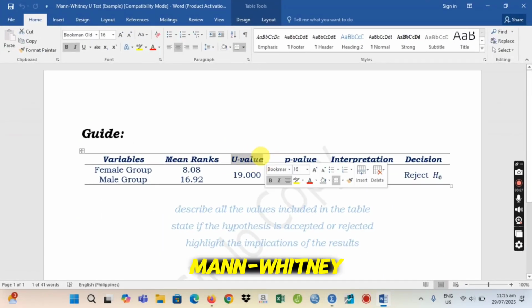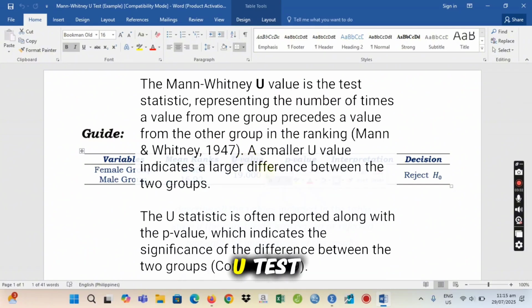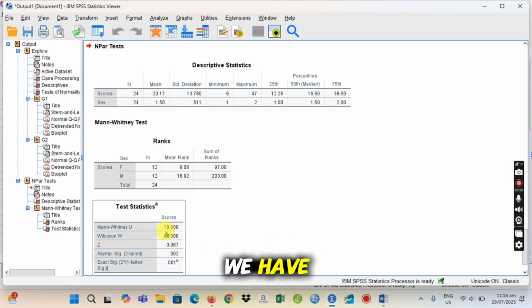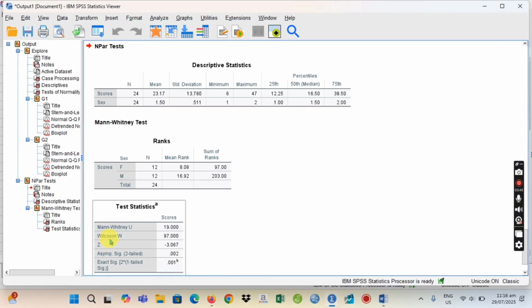Okay, for Mann-Whitney, we are going to consider the U value. That is the Mann-Whitney U statistic. So the U value is 19.000, and that's correct. And the p-value, this one, 0.002.